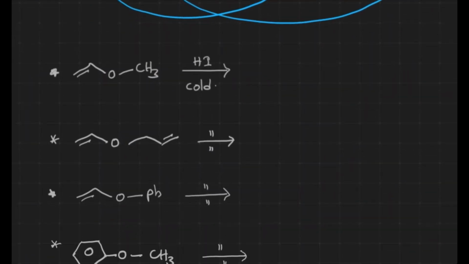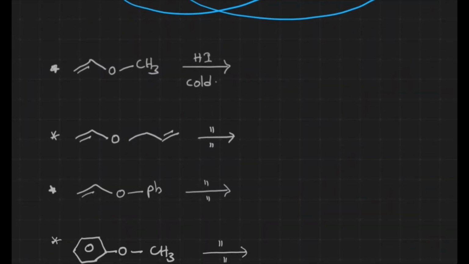Now let us see here. This is a primary alkyl and vinyl ether. Now which one undergoes nucleophilic substitution reaction? The vinyl group does not get involved in the nucleophilic substitution reaction, but methyl readily undergoes it. The iodide will come and attack the methyl group over there, and we'll get methyl iodide and vinyl alcohol.